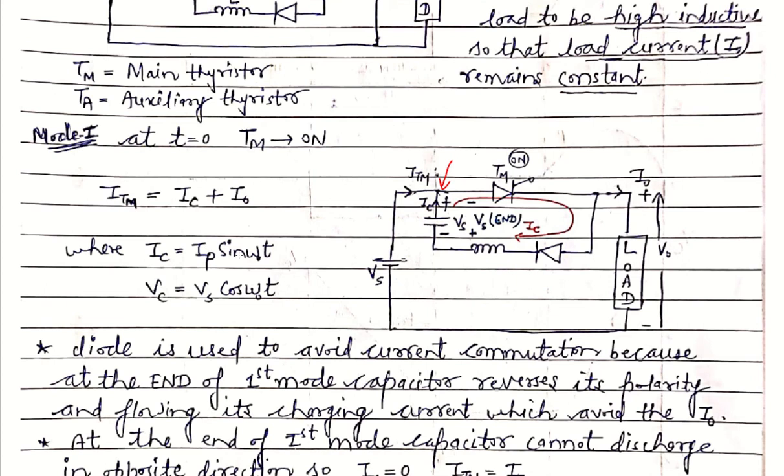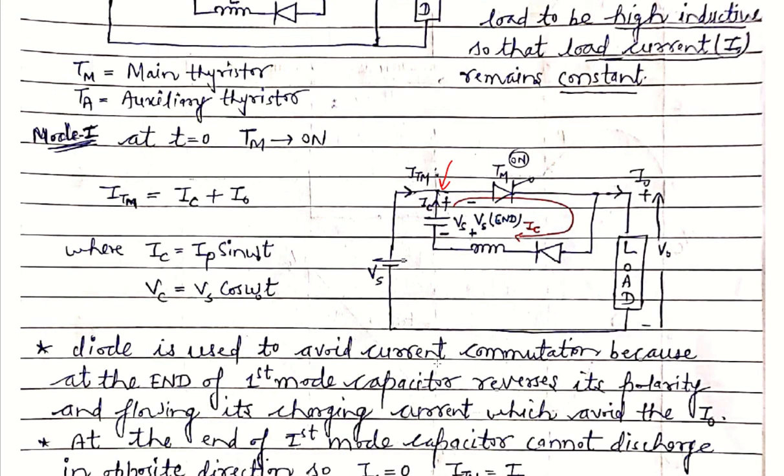So if you put the IC value here and then integrate, it will be Vc, the capacitor voltage. Vs equals cos omega naught t, so it is a cosine function. The first thing we have to learn here is the diode which we use in this path. What is the function of this diode?